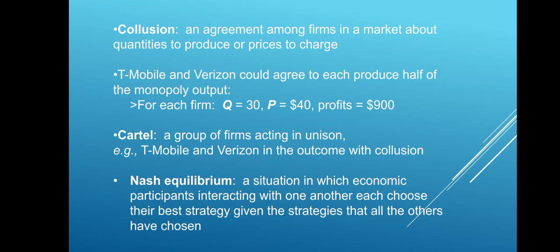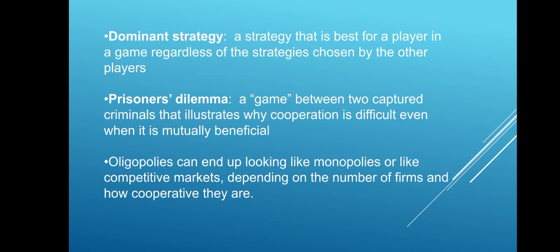Nash equilibrium. It's a situation in which economic participants interacting with one another each choose their best strategy given the strategies that all the others have chosen. The dominant strategy. It's a strategy that is best for a player in a game regardless of the strategies chosen by the other players. Prisoner's Dilemma, a game between two captured criminals that illustrates why cooperation is difficult even when